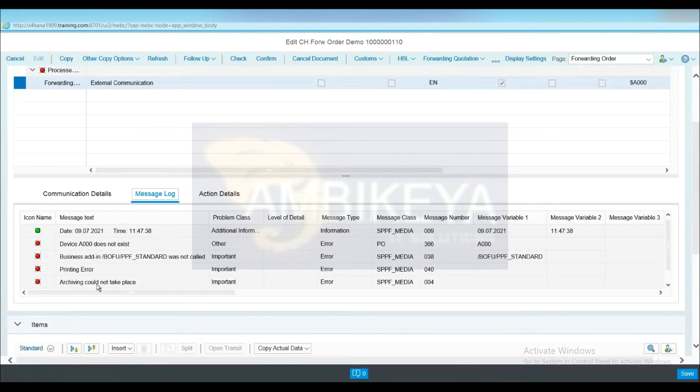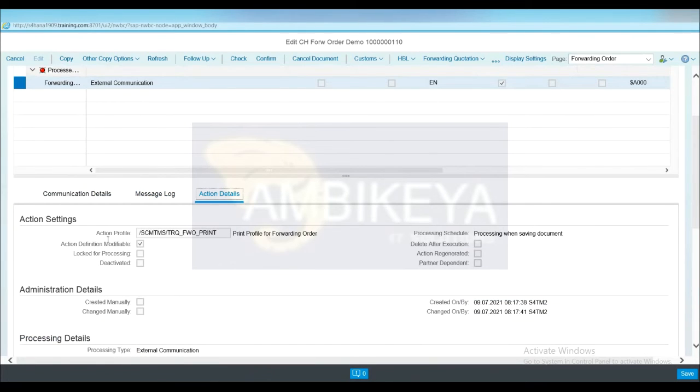So you see here it has not been successfully processed. That's because some sort of business add-in has failed. Actually, it was not properly called, and there is a printing error which has happened. So the log shows the error, and then the action details show what all actions you can take, like you see in